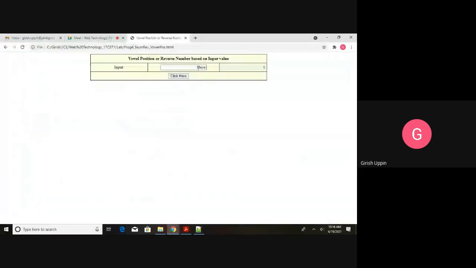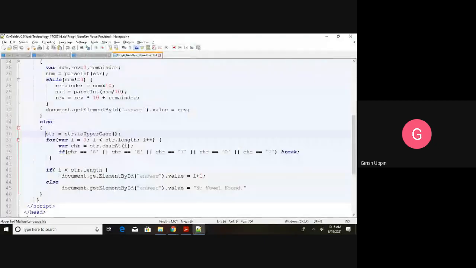This is B. Now I am checking the if condition. If B is equal to A, B is equal to E, B is equal to I, B is equal to O, B is equal to U, all are false. So it will go to the next element. The next element is again B, and again it will not match any of those.